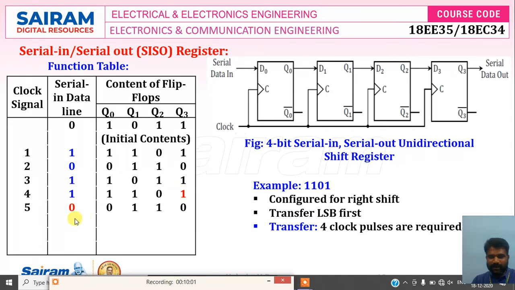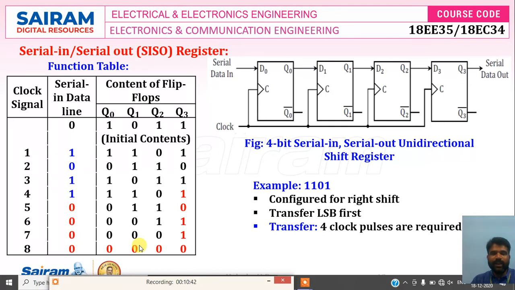Again, set serial data in to 0. That 0 is shifted here. Again, that is shifted here. I mean, 1 shifted here like this. And the second bit, 0, is out on the 6th clock pulse. And now this is the bit to be out. Once the clock pulse occurs, that is the 7th clock pulse, zeros are loaded here, and this is the bit out. And now this is the bit to be out. When the pulse occurs, that data is out, and this becomes all zeros.